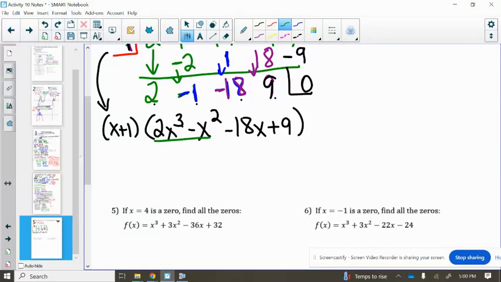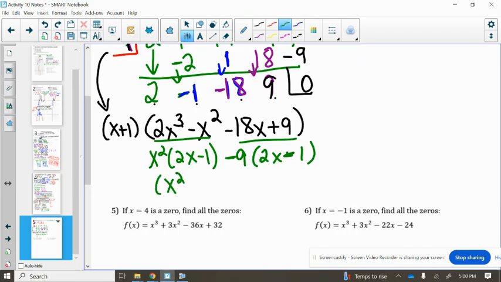Now this is actually factorable, right? We could take out an x squared. We're left with 2x minus 1. Over here, we can take out a -9, and we are left with 2x minus 1. And so we have x squared minus 9 and 2x minus 1, along with that x plus 1 factor from